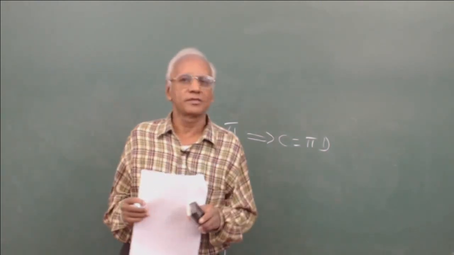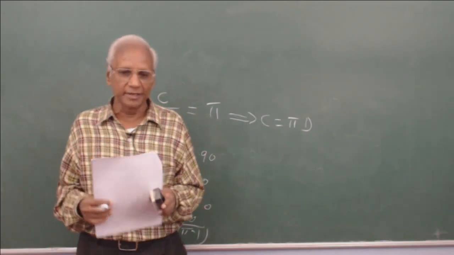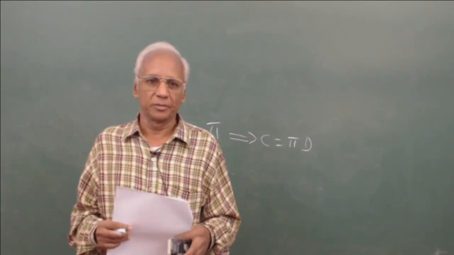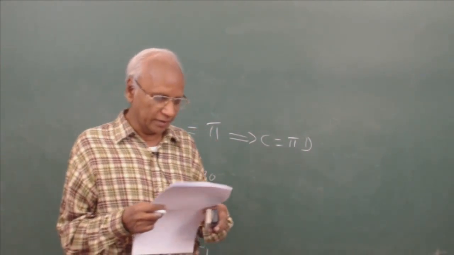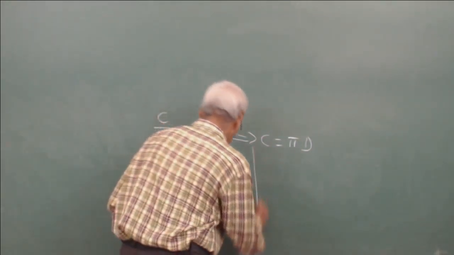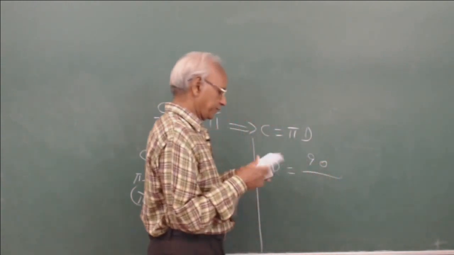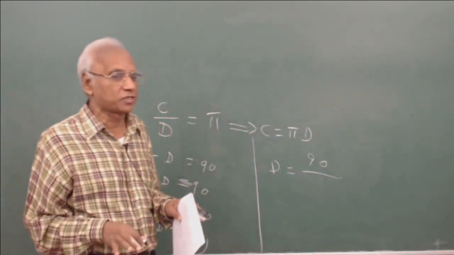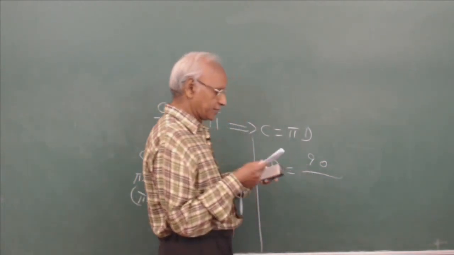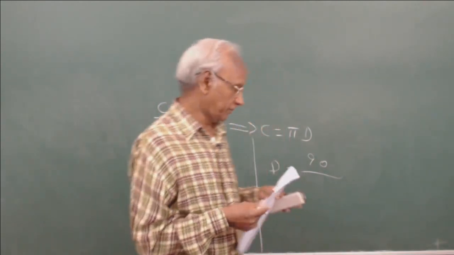Pi value is not exactly known, because it is never determinable exactly, but in most questions we take it as 22 by 7 or 3.14 and so on. So we can even take it as 22 by 7. So we can try to work out D is equal to 90 divided by (pi minus 1). It is not even necessary to complete this question to work out the answer, but because we are doing it, it's a very simple calculation. If you assume pi as 22 by 7, 22 by 7 minus 1 will be 15 by 7.